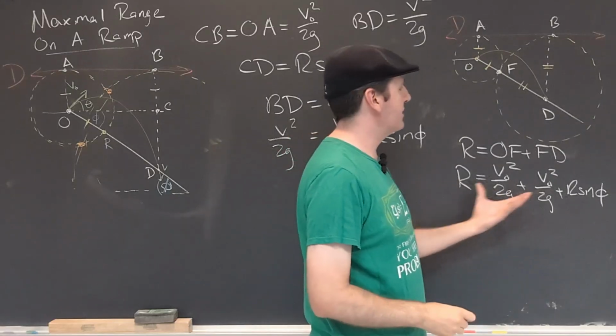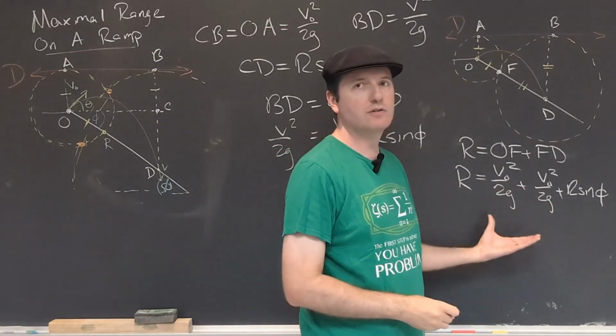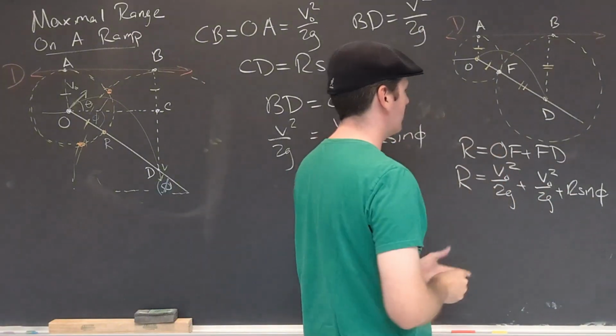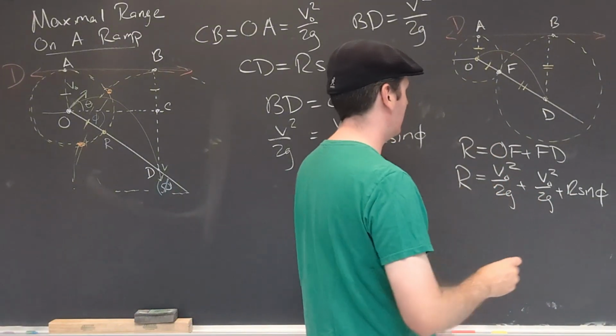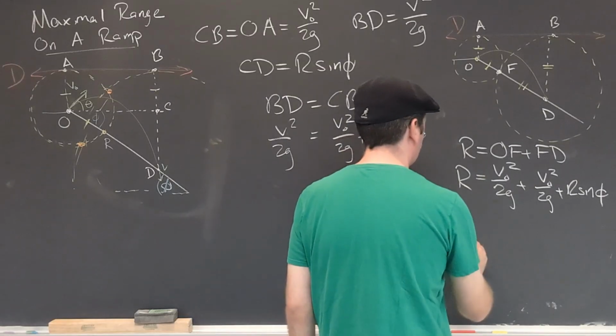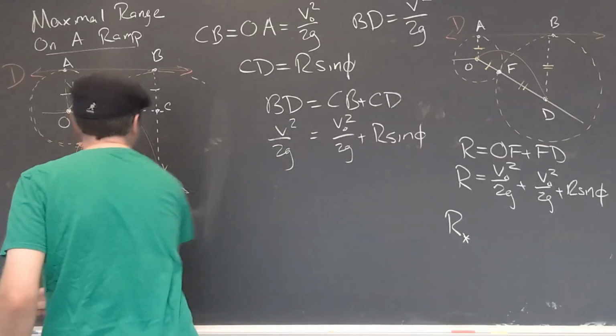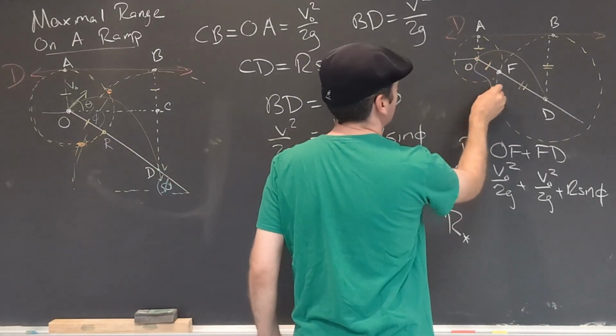And I see that I get a very nice equation that'll let me solve for R directly. So let's see, if we subtract the R over, combine those two equal terms together, and then divide, we should get that the R, and maybe I'll call it R star, to remind us, this R is the maximal distance